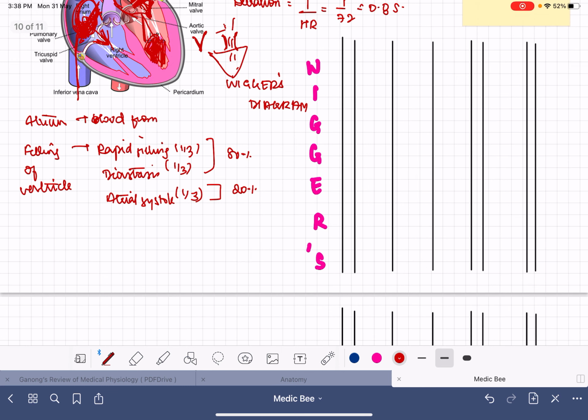So we say that the atria is called the primer pump, because the atria doesn't have a very significant role. Even when the atria stop functioning, the ventricles still receive 80% of the total volume they usually receive, which is sufficient to meet the normal requirement of a person's body in the resting state. But the loss of atrial systole will be symptomatic only during strenuous exercise. During exercise, the 80% volume will not be sufficient.